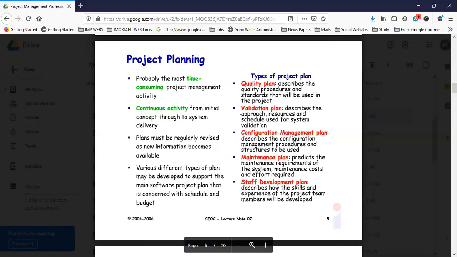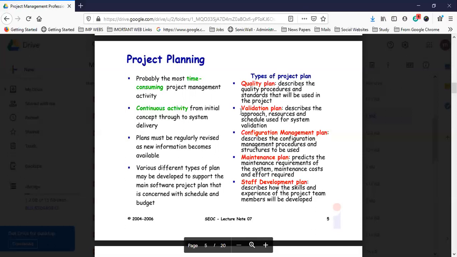and then your plan B will work at the same time, right? Various different types of plans may be developed to support the main software project plan, which is concerned with the schedule and budget. So you can deliver different sorts of plans, but the matter of fact is what is best for the business. And second, your plan is concerned with the schedule, with the start time and end time, and what the budget of this particular project is.